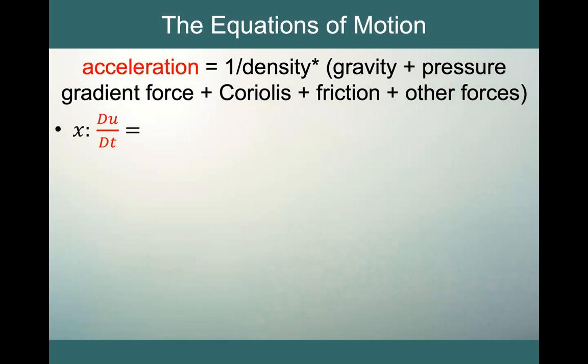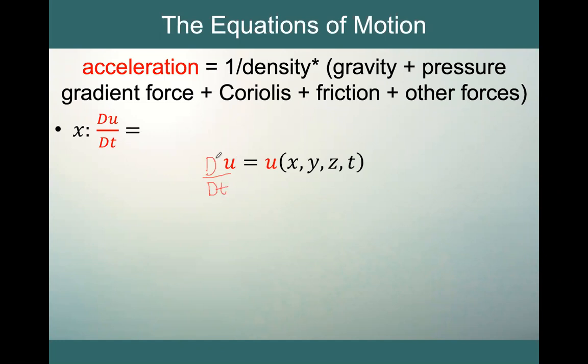Again, I said this is called the total derivative because u is not just a function of time. U could be a function of many things. It could be a function of x, it could be a function of y, it could be a function of z, and it could also be a function of time. So if we want to take the derivative of this, knowing that u is a function of x, y, z, and t,